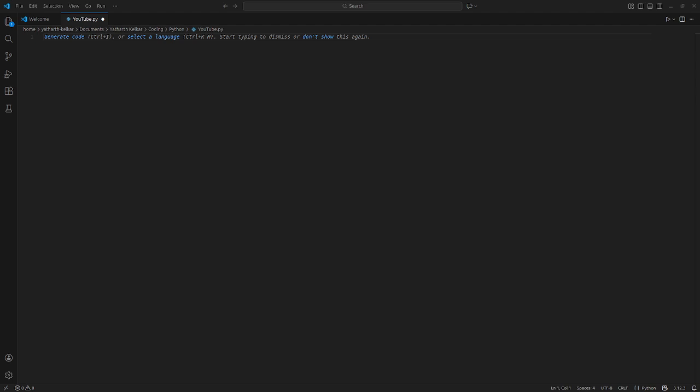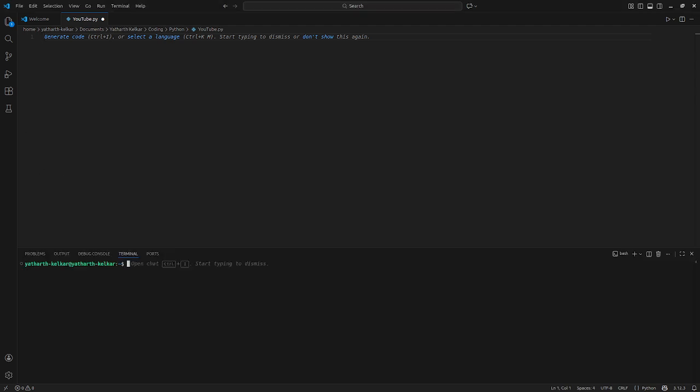Now let's move on to the prerequisites. Before creating a virtual environment, make sure Python is installed. On Linux or macOS, it's pretty simple. I've currently opened the terminal. Just press Ctrl J. It's the same for all systems. On Linux or macOS, you just type python3 --version and then you press enter. It will show your Python version. Right now my Python version is 3.12.3, and if you want to check that on Windows, you just put